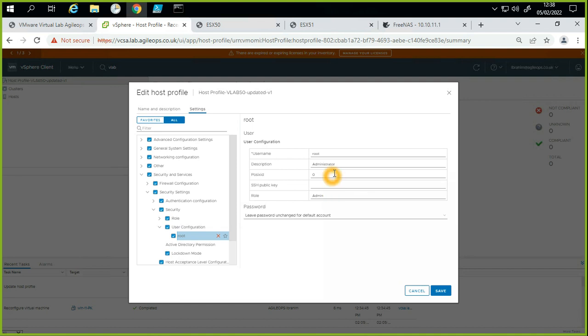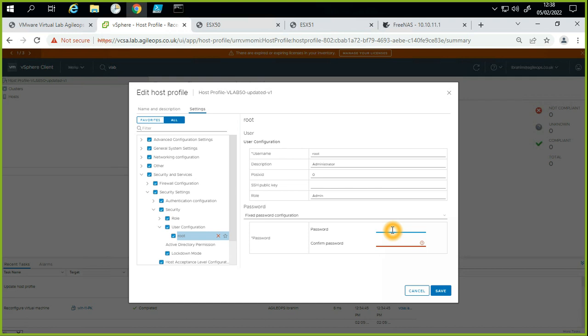तो यहाँ पर you can change this, leave password unchanged for default account, and you can say fix password, and I can set a password, and in my environment wherever on this cluster this password will only work. So I know what the password is, so let me set that password now. But say for example if I forgot the password, I can set this password on this host profile itself, or I can